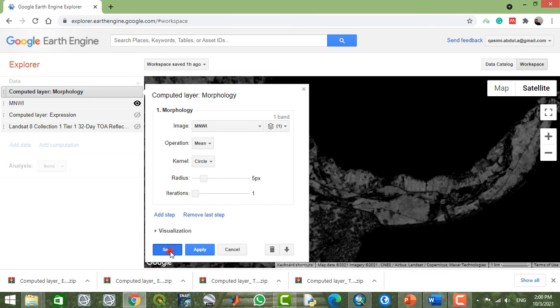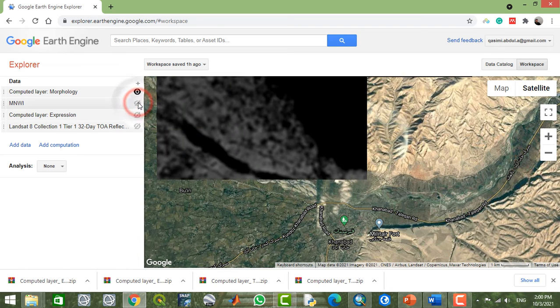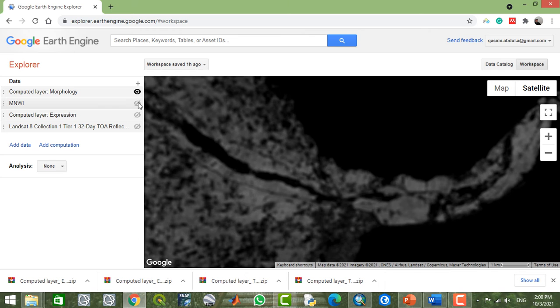So now I save this. Now you can see the edges or the borders are now smoother than the original